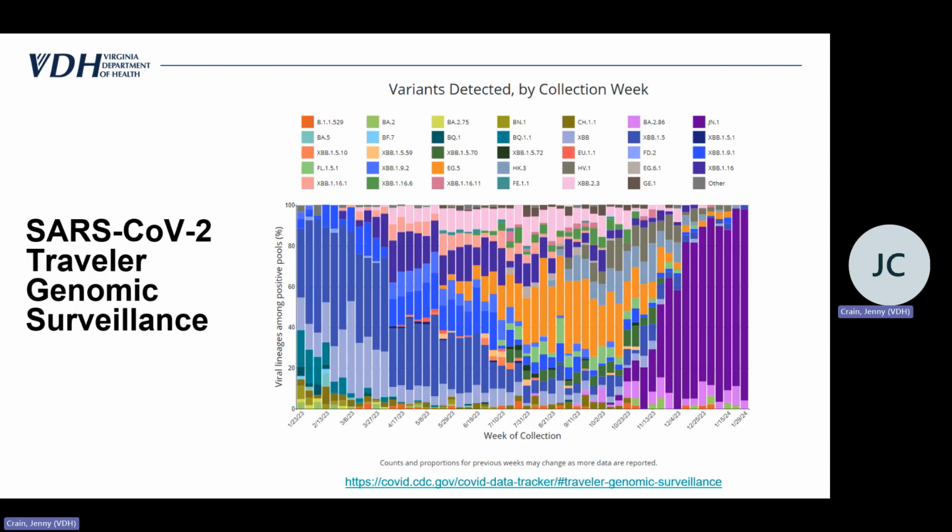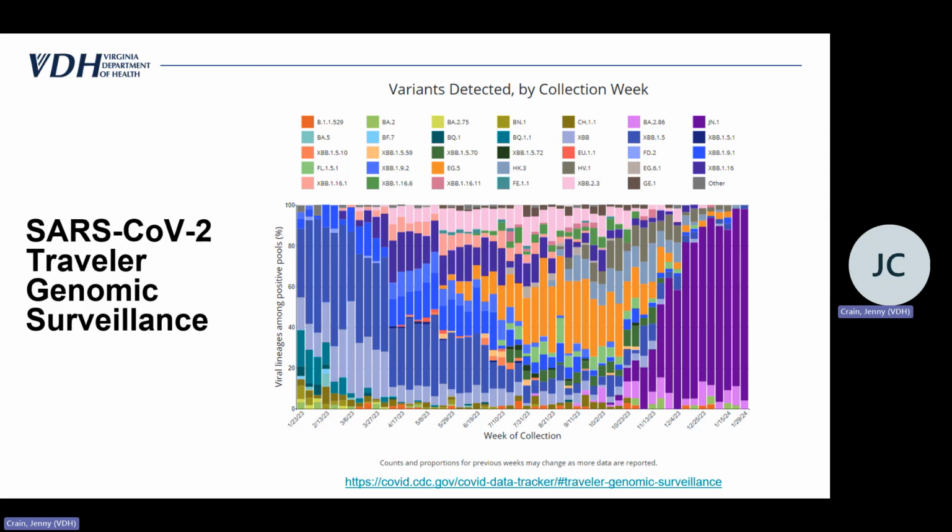I just want to mention this other genomic surveillance system that CDC conducts that involves travelers, because not everyone was super familiar with this throughout the pandemic. I don't remember exactly when it got started, but it is currently still in operation at 5 different international airports across the country, one of which is Dulles here in Virginia. And so that information, again, is anonymous. These are all volunteers, and they are basically sampling from travelers that are returning from international locations.